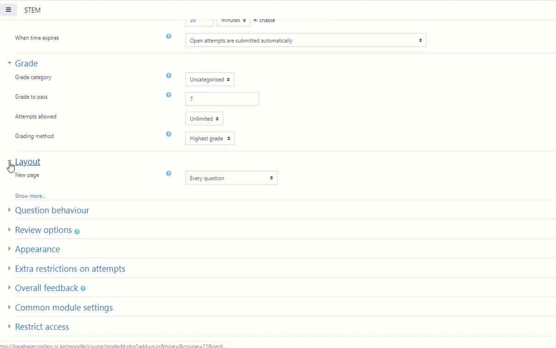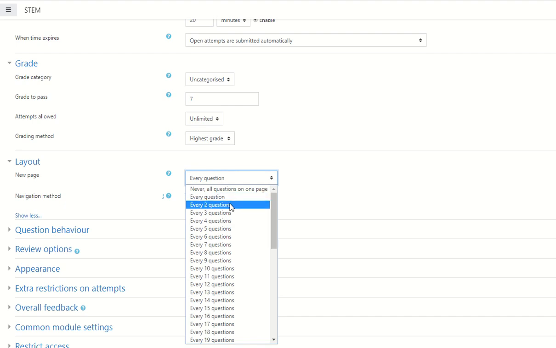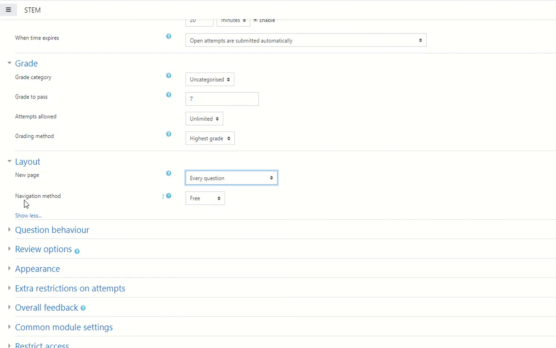Then we come to the layout, and then always when you see this, there is a show more, so you have to click so that you're able to see. So new page, every question, or every 2, depending. If there are so many, you can choose to have every 2 or every 3, but since mine are just 10, I'll have every question. And then navigation method, there is